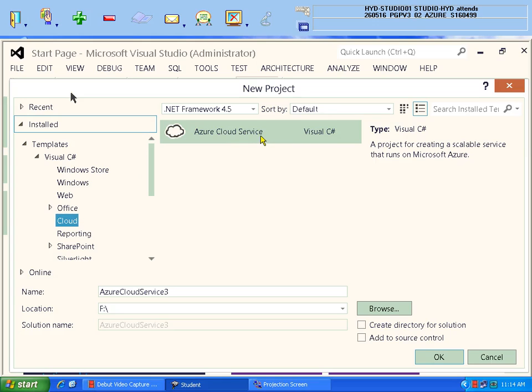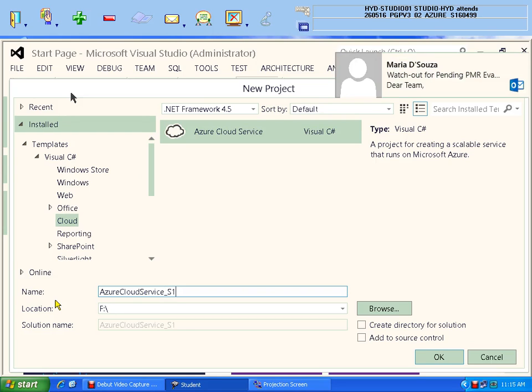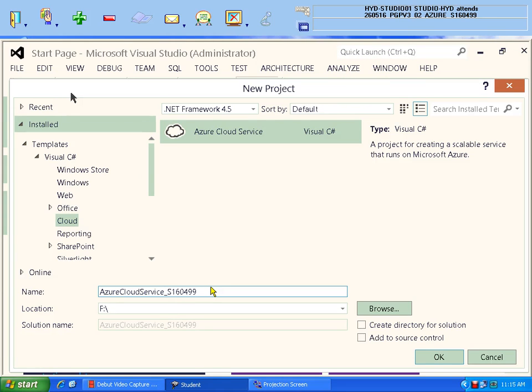This is the Azure Cloud Service. So using this cloud service, it's not only WCF service, it might be many different services. What name do you want to give for this cloud service? Let me give it as Azure Cloud Service_ and your batch code, I am writing. Okay. So this is the cloud service, with the name of the service I gave you. Please remember, role is different from service. Actually, two will be created for you. One is what you have given, the service name, and later you will get some. See here, I'm just clicking on OK.